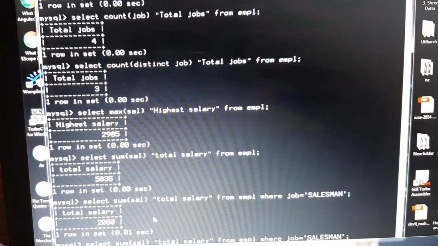So here we can write our command. We'll write select department number, comma, count star, comma, sum sal from EMPL, group by department number.